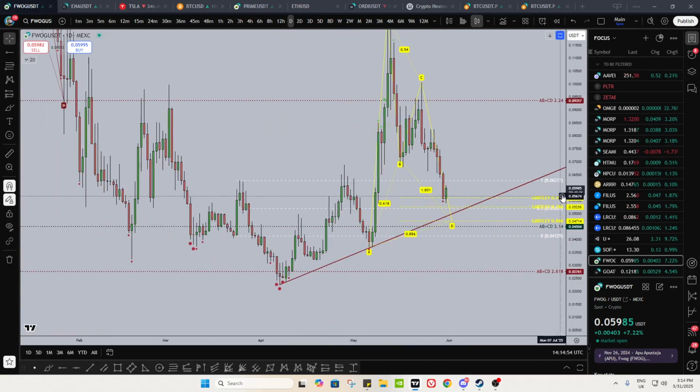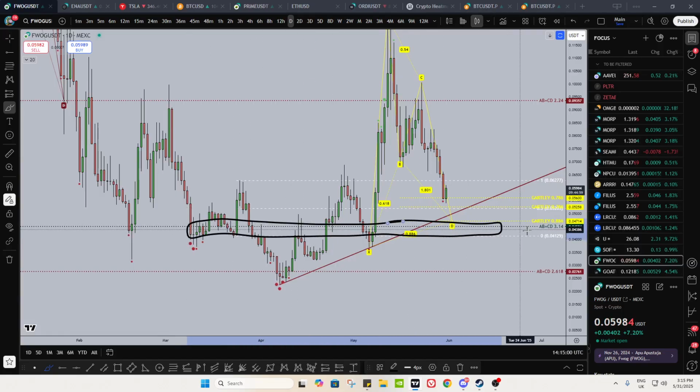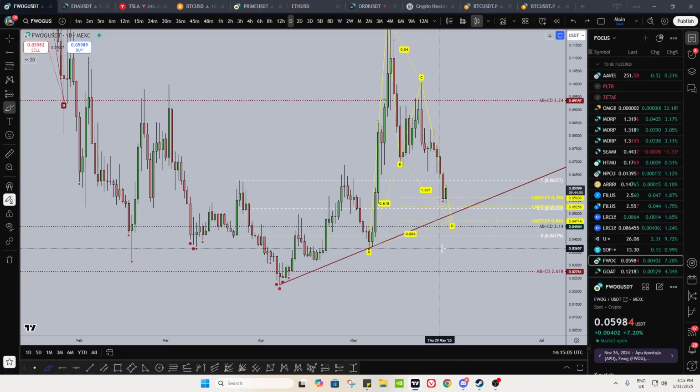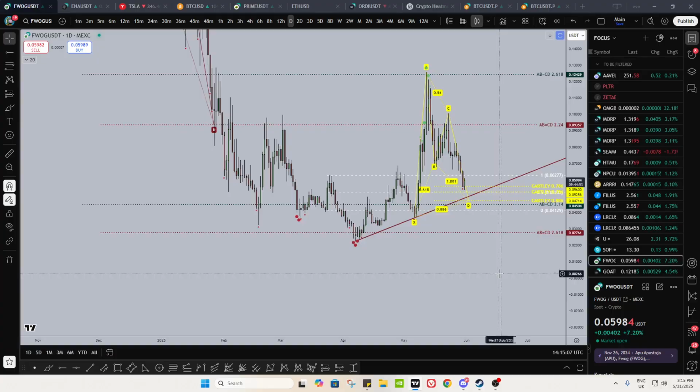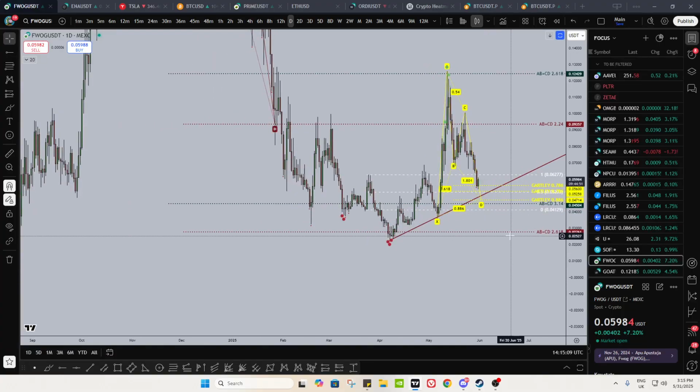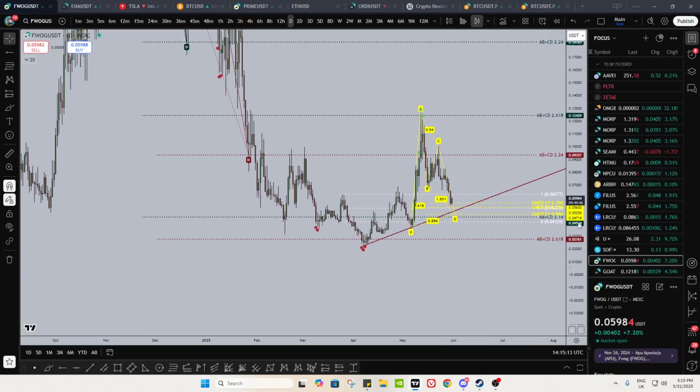But yeah, this is the area I would not want lost on Fog, brother. This one right here, between 0.047 and 0.041, basically. If you can maintain above that, that'd be lovely, right? Below that, there's no point holding until you basically get down to the 2.618 again, as you can see. So that'd be a nice area there on Fog.